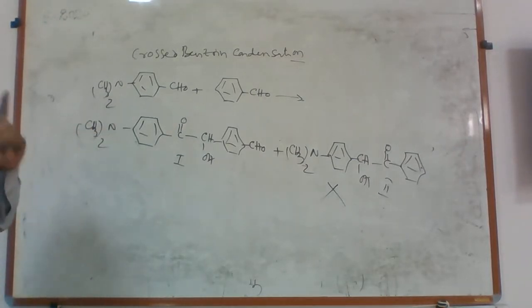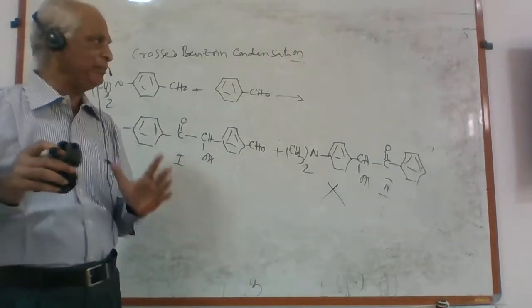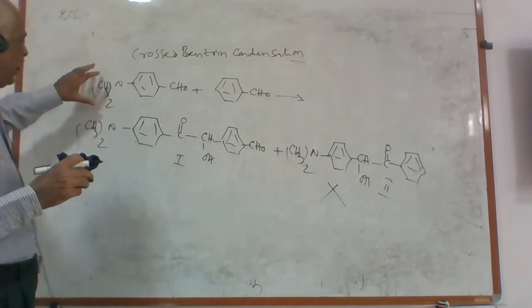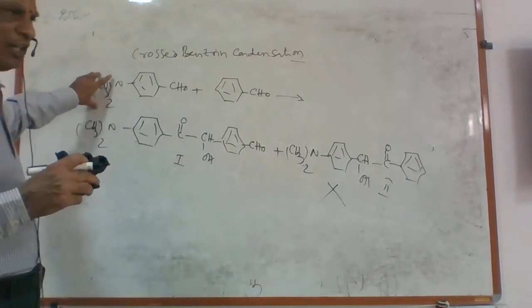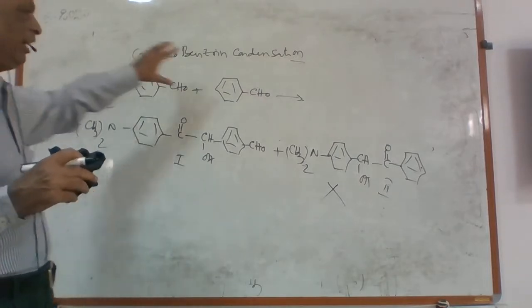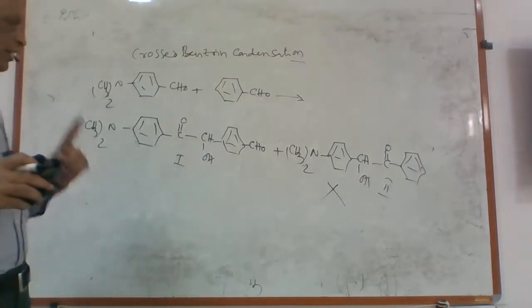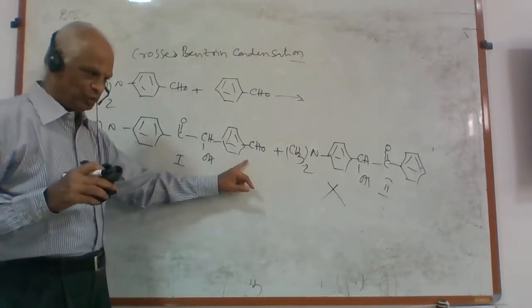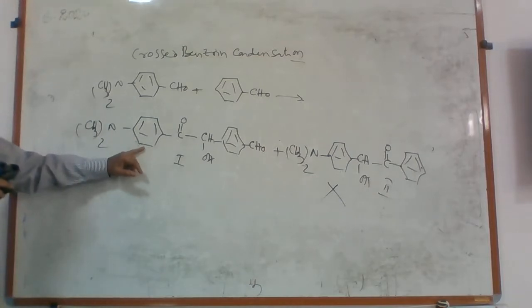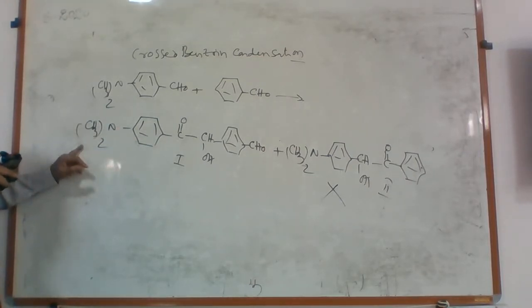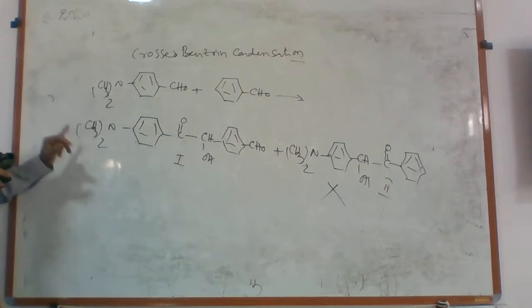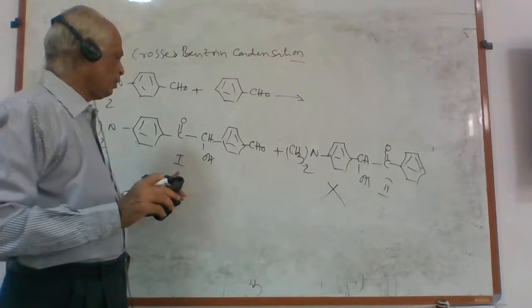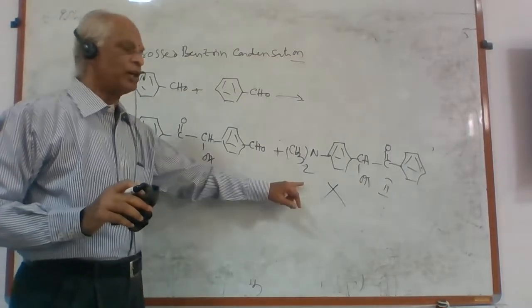Whenever you get a question in entrance examinations, you will be given either a para-dimethylamino group, a hydroxyl group or a methoxy group like that, and a benzaldehyde. Therefore, you write the correct option like that. The alcoholic group must be attached to the benzene ring, and the keto group must be attached to the benzene ring having the electron releasing group at the para position. That is the correct answer. So among these two possibilities, product number 1 is correct, and product 2 is wrong.